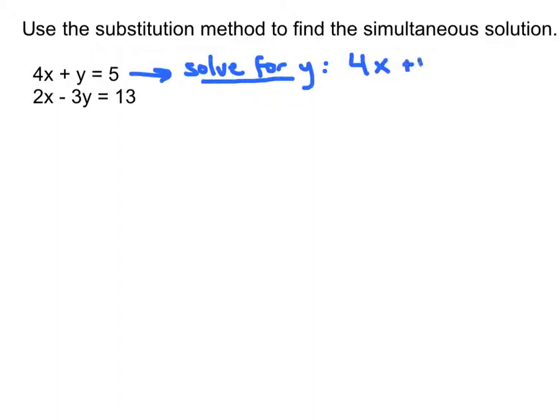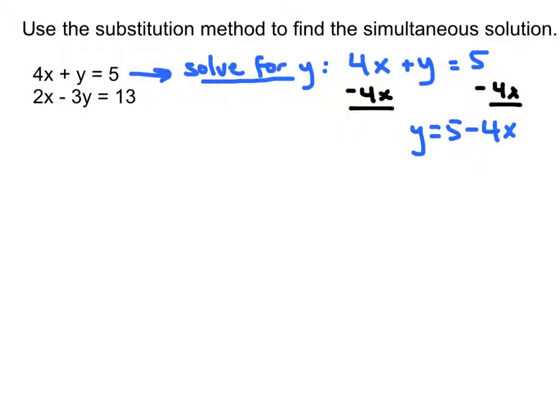4x plus y equals 5. And if we solve for y, we're going to subtract 4x on both sides. And that will leave us with y equals 5 minus 4x. So I'll circle that to remind us that that is the equation we will be plugging in to the other